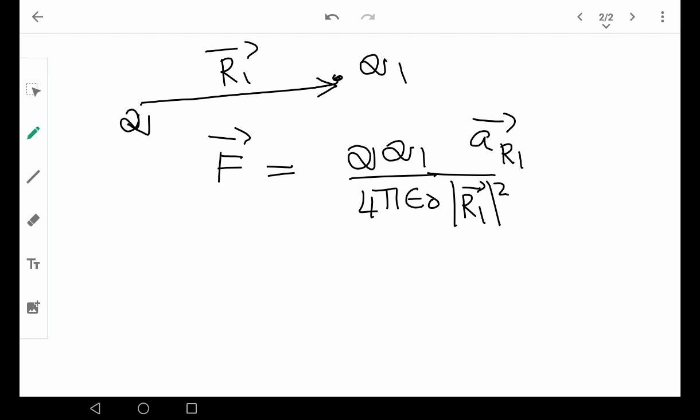Now, instead of Q1, you have a unit charge, 1 Coulomb charge at that point. Then the force experienced by that 1 Coulomb charge is the electric field at that point. You know that the force F is experienced by a charge Q1. Instead of Q1 Coulomb, if you have a charge which is having a value of only 1 Coulomb, then the force experienced by that 1 Coulomb is called the electric field. So you can write the electric field